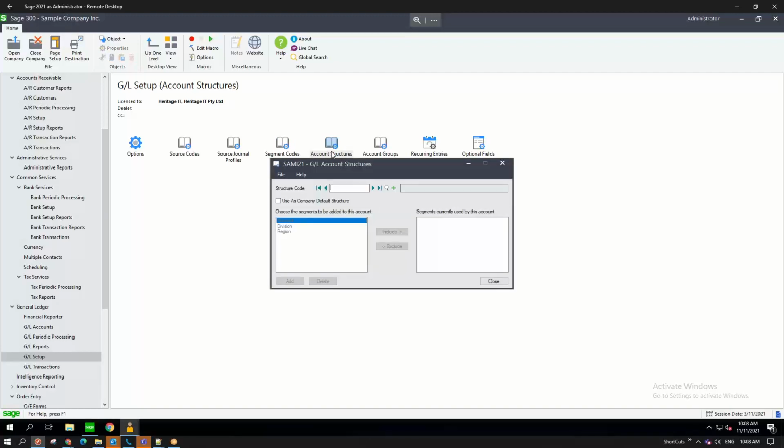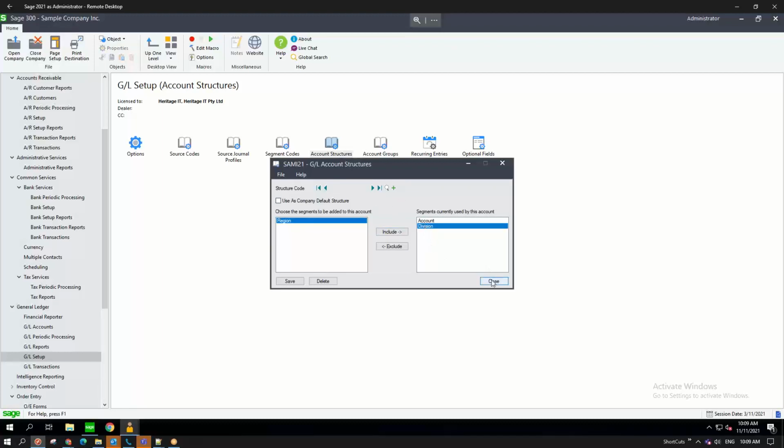So you can set up the structure in your general ledger to be, for example, a general ledger account structure. In this case, it just has the account. We could also set up a divisional structure, which would be account and division. And you could have a secondary one, which is account and region, as opposed to division, where you're setting up the various options. So you might only care about reporting by Texas, whereas in this one here, you might want to change the concept of the word region to store, and you see your account and